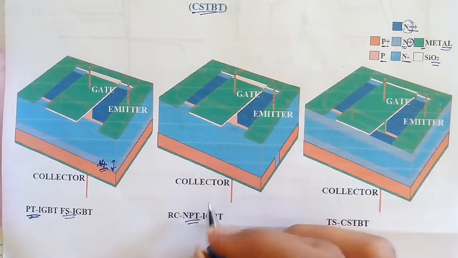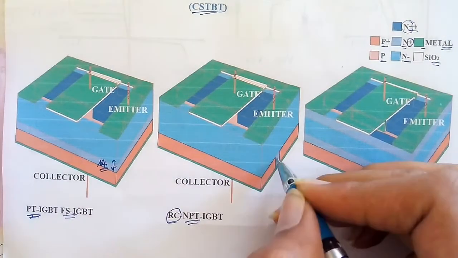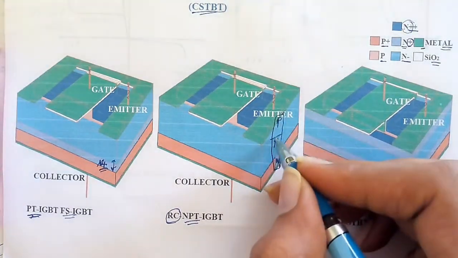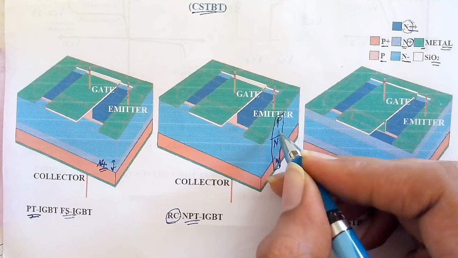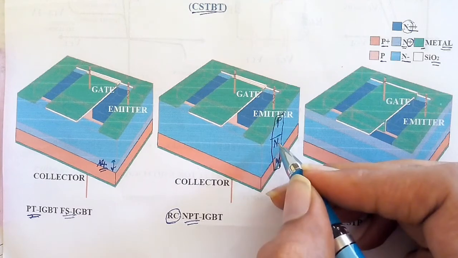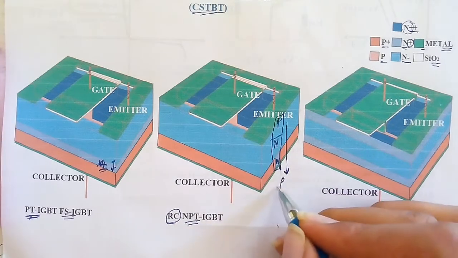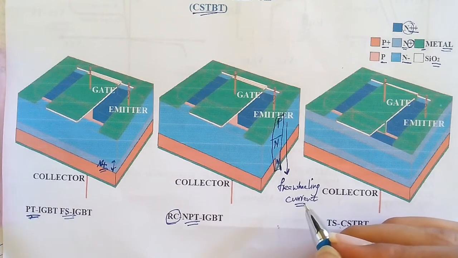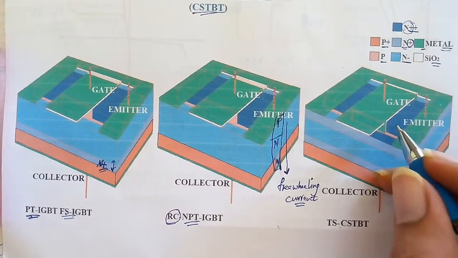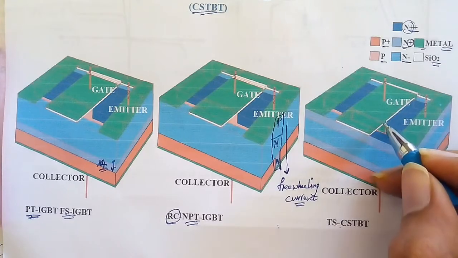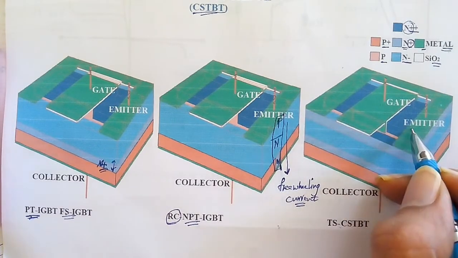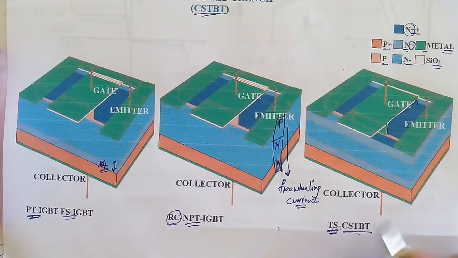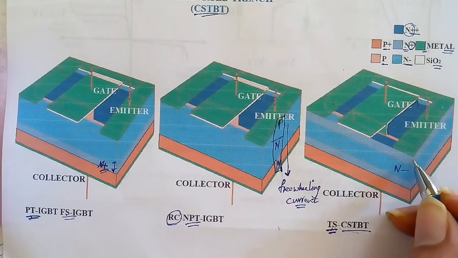And since this represents RC NPT, the N plus layer is fabricated in a way it forms a diode, which allows the IGBT to conduct in reverse direction, though it is unidirectional. This is mainly used to allow freewheeling current, since the load connected will be of inductive type mostly. We could see the FET embedded is clearly a shorted gate FinFET, since it is TS type, and as it is TS CST-BT, the N minus layer is fabricated between two N plus layers.